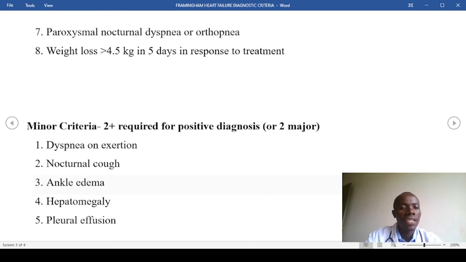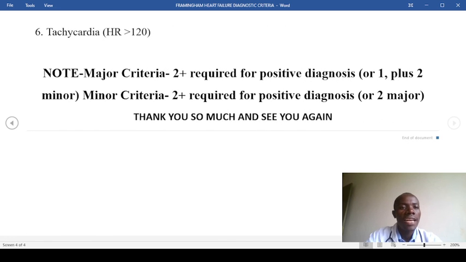So on this minor criteria, the patient will report dyspnea on exertion, where minor activity results in dyspnea. We have nocturnal cough, the patient reports the nocturnal cough. On inspection, you note ankle edema, and hepatomegaly on palpation. We have pleural effusion, and lastly tachycardia, that is increased heart rate of greater than 120 on auscultation. Remember, for you to diagnose, you must have two major criteria, or you can have two minor plus